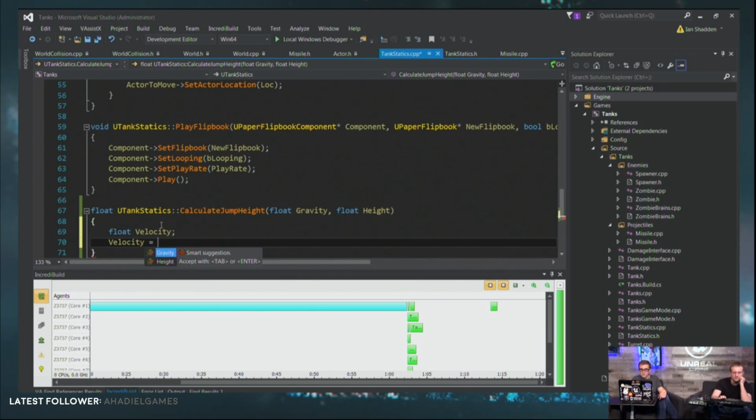All right. So let me see here. Just gonna double check the actual math. It doesn't matter. I could honestly return half of height times gravity if I felt like it. It could be totally wrong because it's just to demonstrate how a pure function works, because we're not actually going to jump. Because it's a tank. It's all good then. And of course we're using the most powerful programming tool ever known to man, Google, to answer this question.